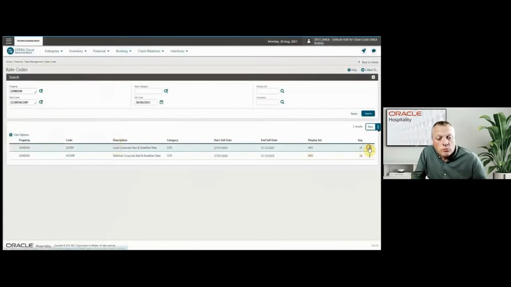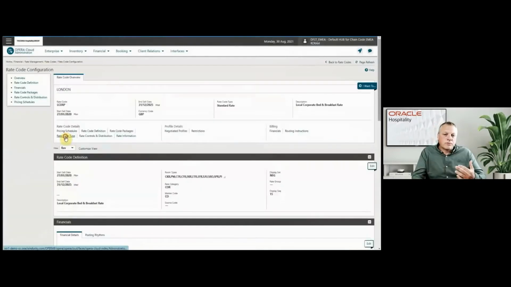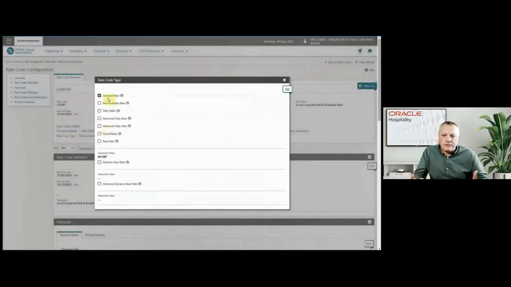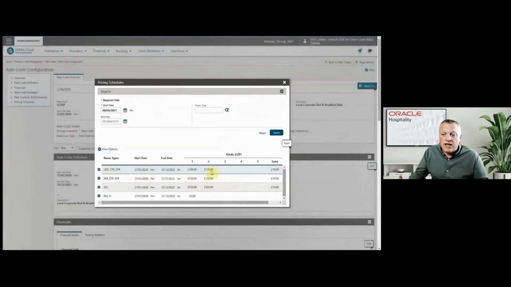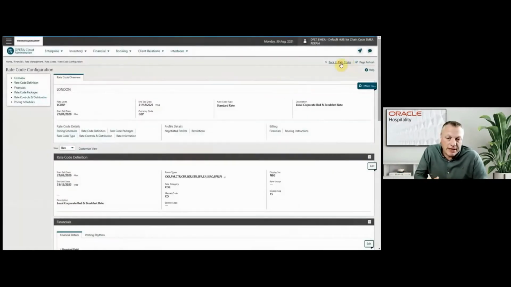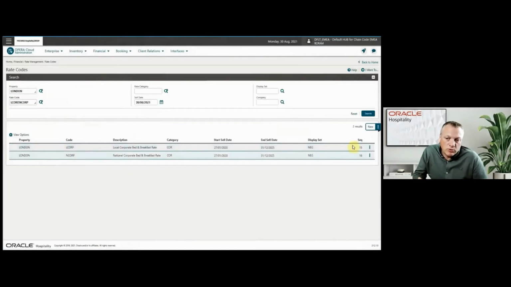Have a look here at a base rate. So I've got a local corporate rate and a national corporate rate. I can look at the rate code type. So this one's just a standard rate, but I can see it has the dependent rate of national corporate or the M Corp rate. If I look at my pricing schedule here, quite straightforward. It's £100 and £110 with an extra charge of £10. If I then go and have a look now at my national corp rate, which is based off the local corp,